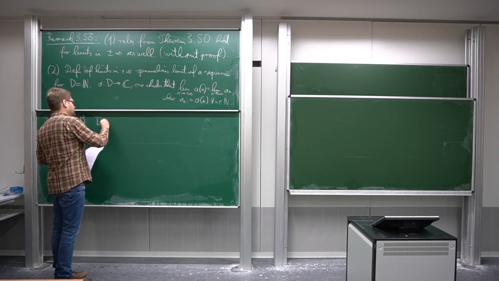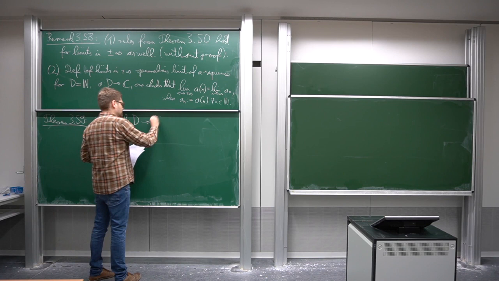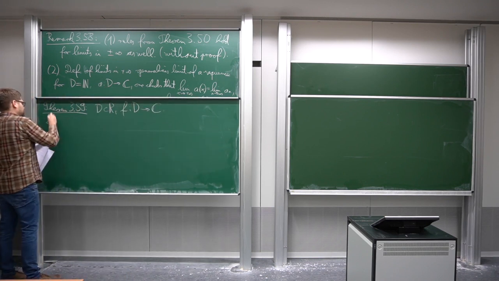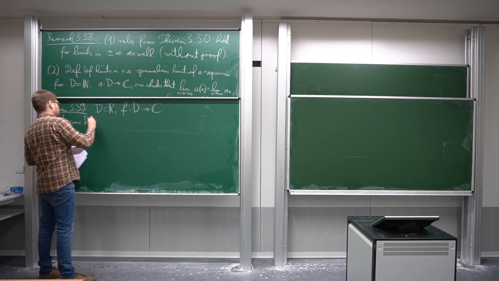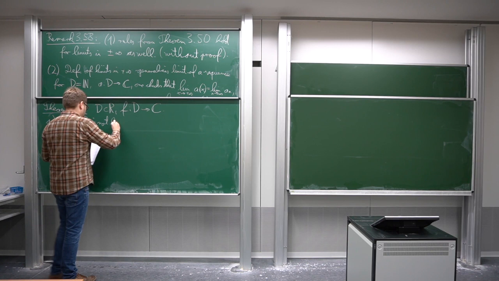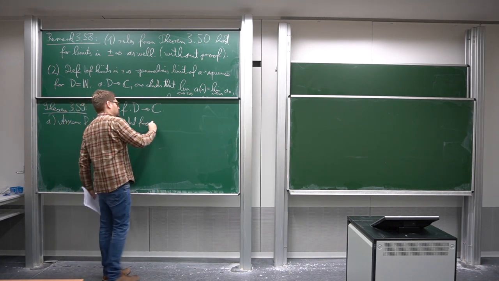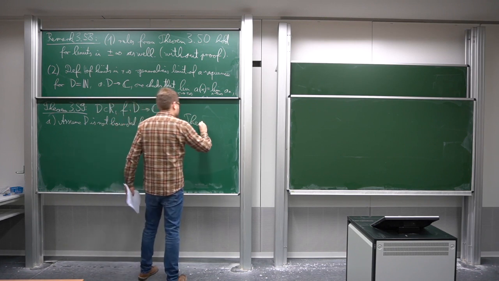So if we have D a subset of R and f a function from D to C, part A, the first part, we again need to assume D is not bounded from above. Then